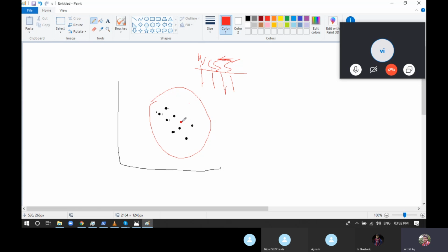What exactly we do? For each and every point in the cluster, we find the distance between the point and the centroid. Like for the first point, what is the distance between the first point and the centroid? You will get this as a distance, and you will take the square of that, term A squared, plus the second point's distance and its square, A2 squared, plus you will do the same thing for each and every one. Okay, and you'll get one proper answer, which will be the within cluster sum of squares.